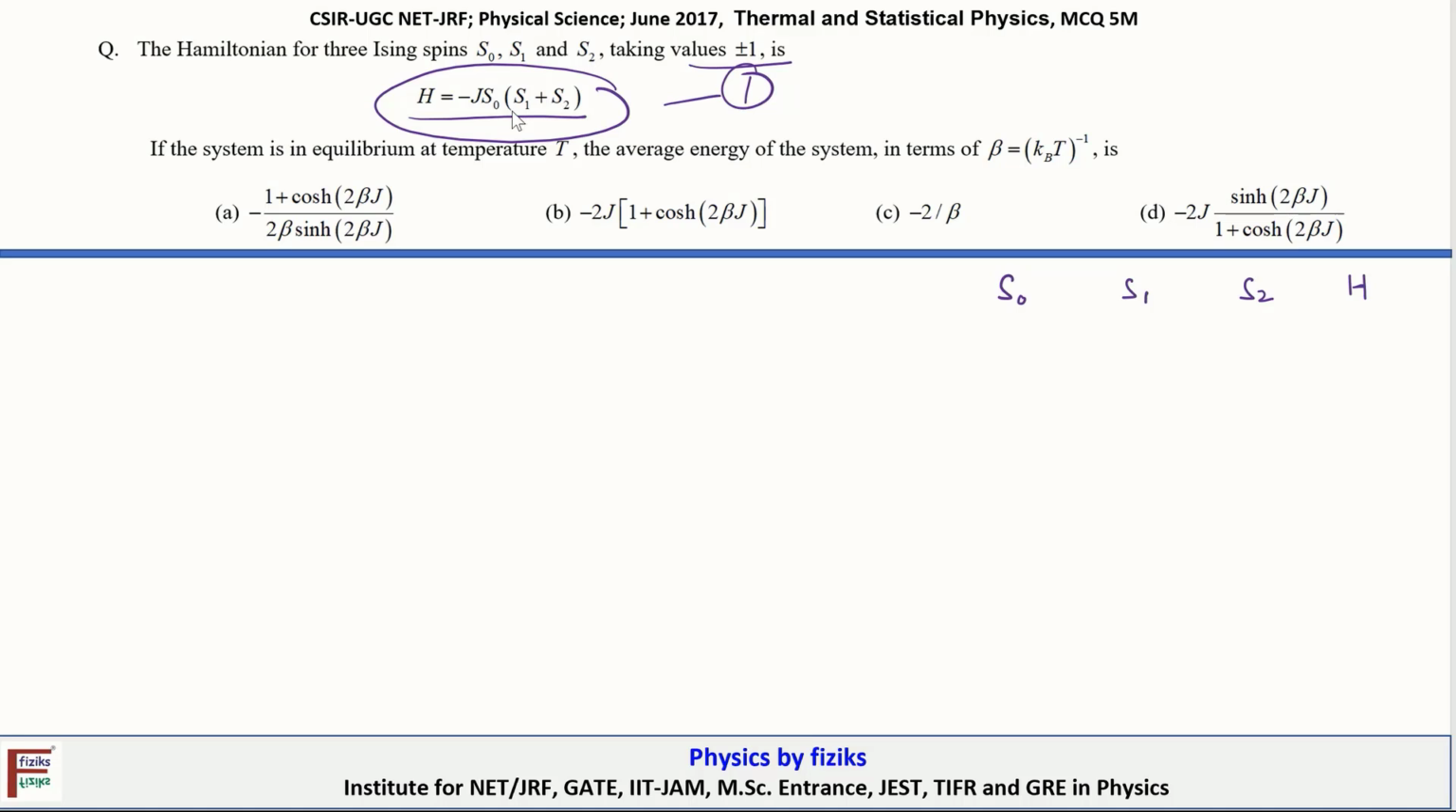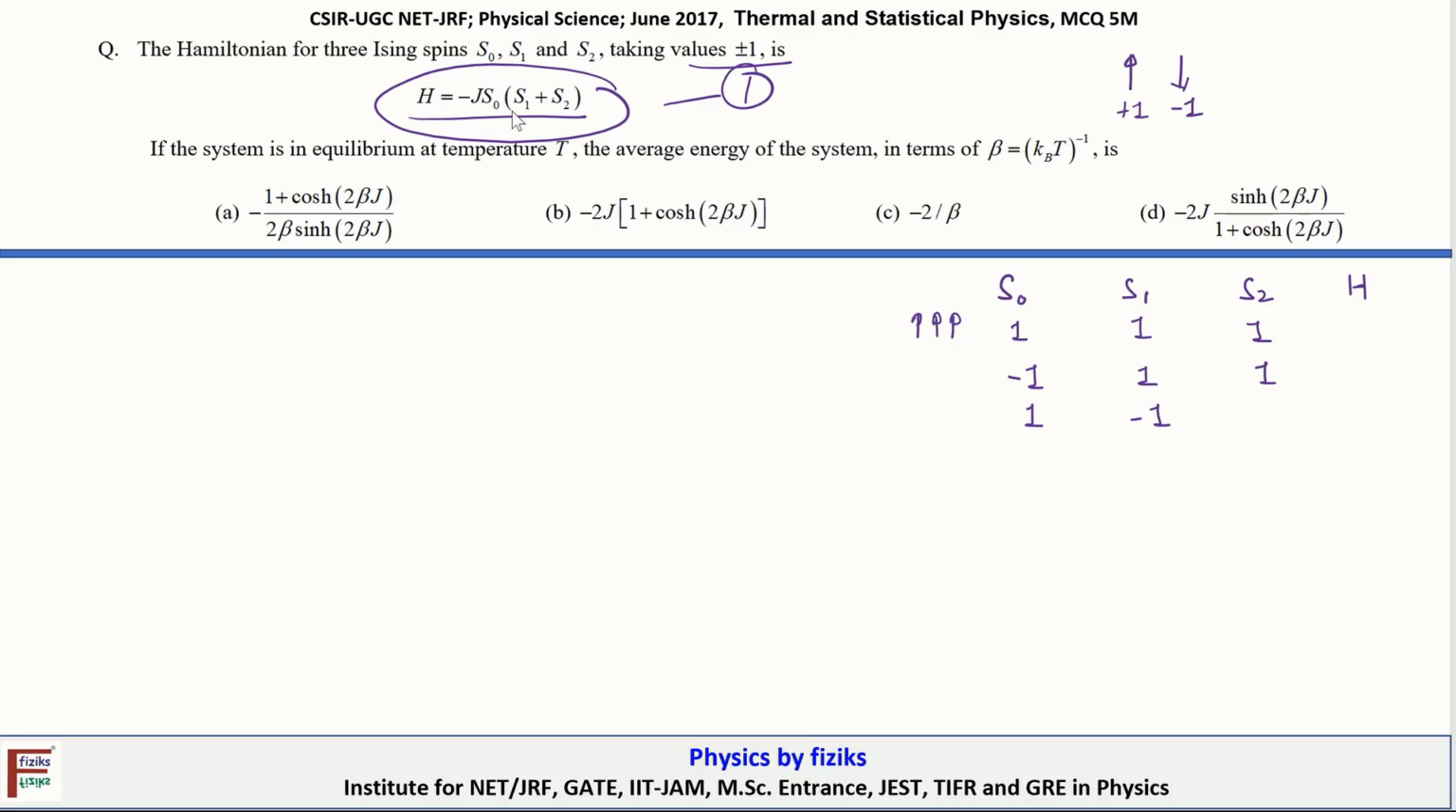Now, because it's given that these spins can take either a value of plus 1 or minus 1, let's take plus 1 to mean a spin pointing in the upward direction, and when a spin is pointing in the downward direction, we assign a value of minus 1. So the various possibilities could be: all spins pointing in the upward direction. This is the situation when all 3 spins are pointing upward. In the same way we can write the other possibilities: minus 1, plus 1, plus 1, and then 1,